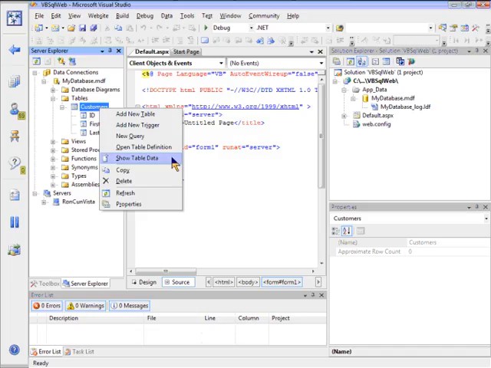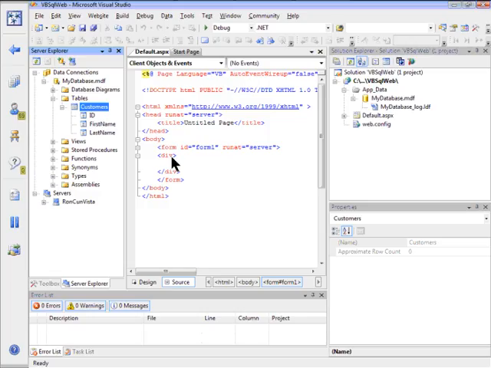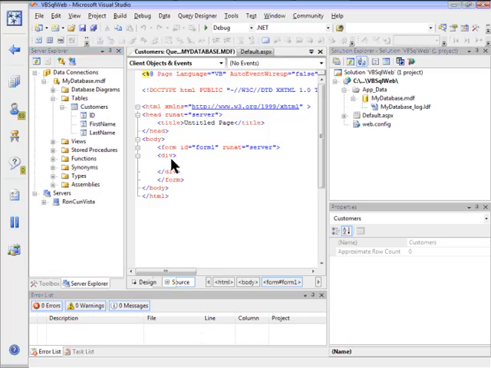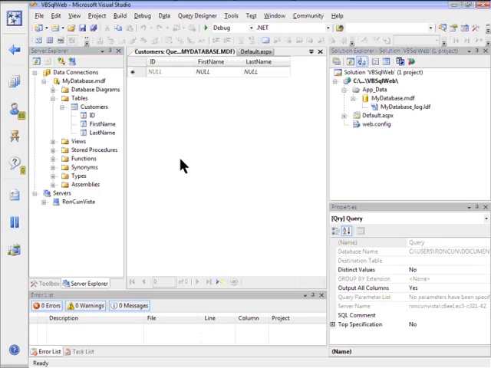Now I'm going to go ahead and add a little bit of data to this table, which is really easy to do. I'm just going to right click on the customers table. I'm going to show some table data. And as you can see, currently this table does not contain any data. I just set it up. So I'm going to go ahead and add some data to this table. So let's just go ahead and add